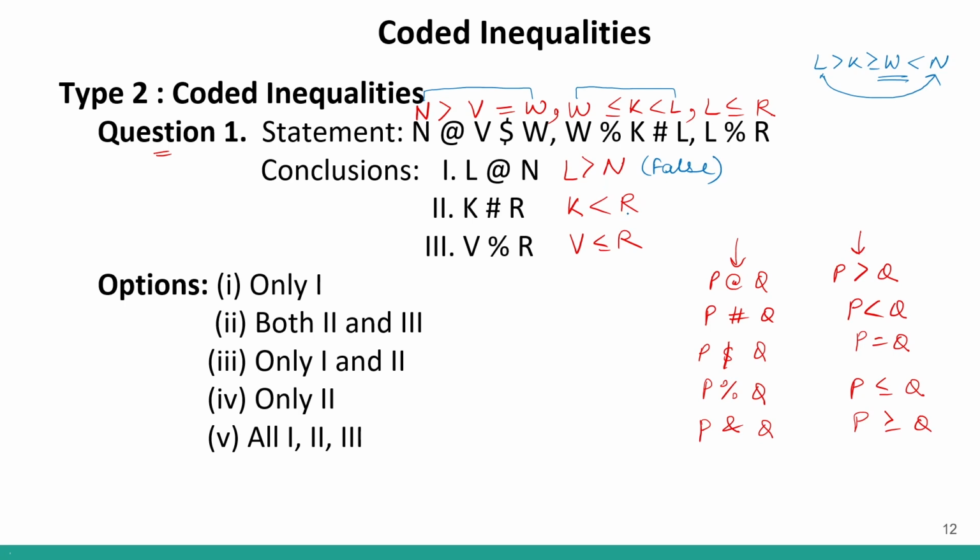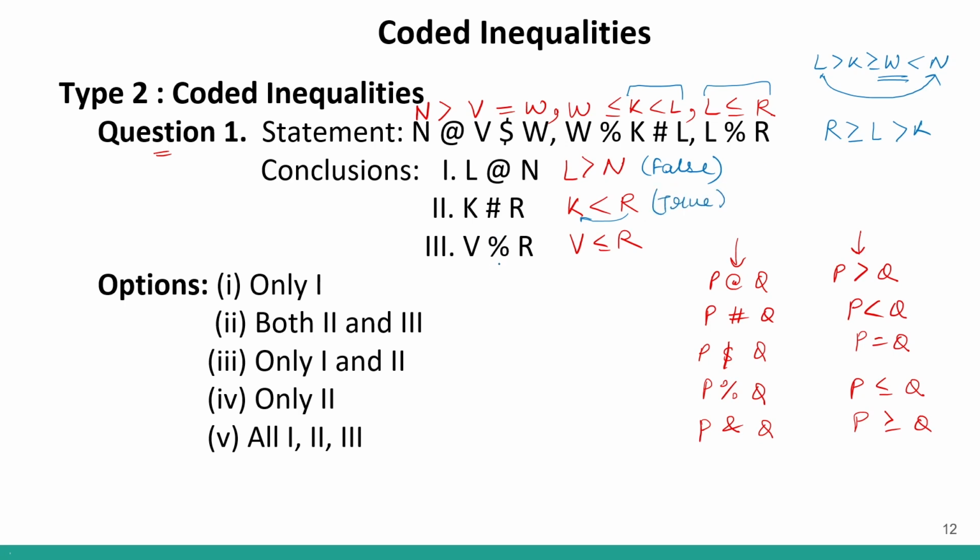Conclusion number 2, we will move from bigger door to smaller door. That means we will move from R to K. So if I look over here, I can see the relationship between R and L and K. So this is the relationship I can see. So basically R is greater than equal to L and L is greater than K. So I have to find the relationship between R and K. So I can easily see that R is greater than K. Correct? We are moving from bigger door to smaller door. So this is true. Correct?